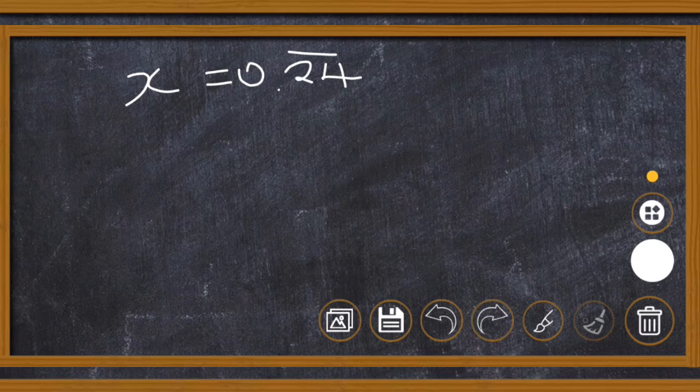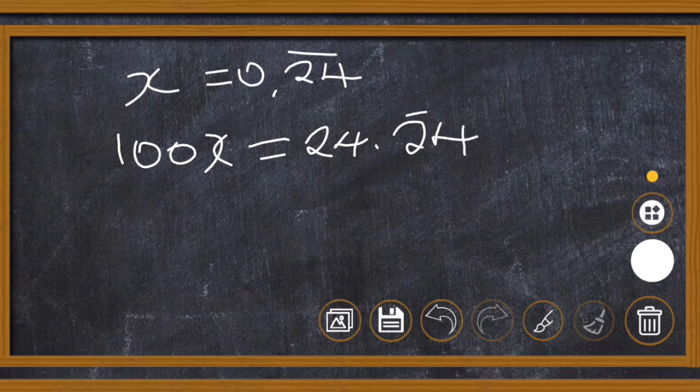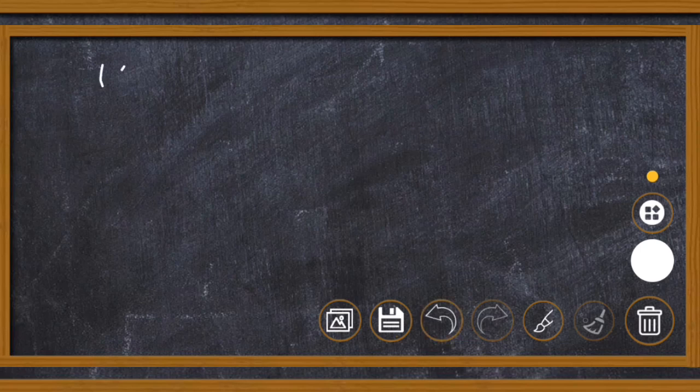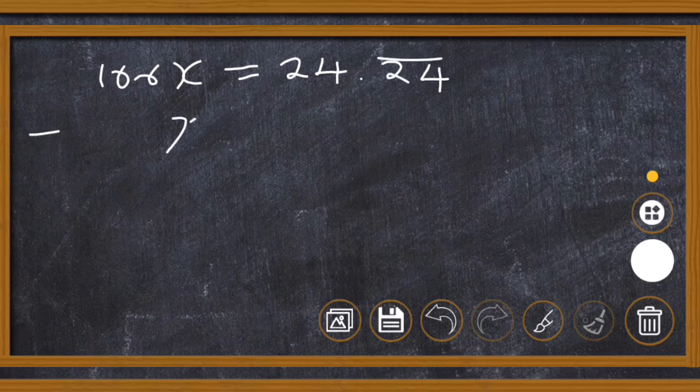So in this case then, we are going to multiply with 100 to both sides. Left side, when we multiply with 100, we are going to have 100x equal to, when we multiply the right side with 100, of course this figure will just come to the left side, so we are going to have 24 point, the same repeating figures, that is 24. After we are done with this part, the next part is to subtract now. The first expression we subtract from the second expression. So we are going to have 100x, which of course is equal to 24.24 minus x equal to